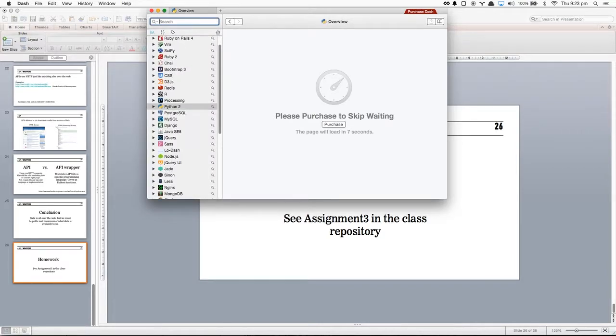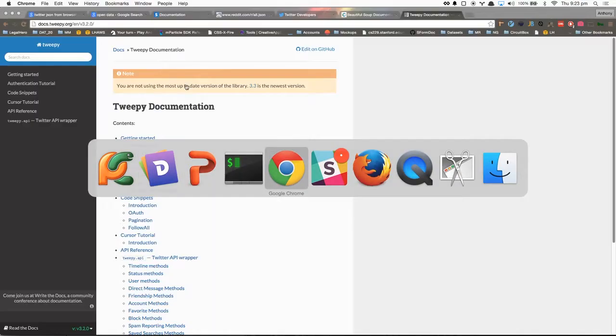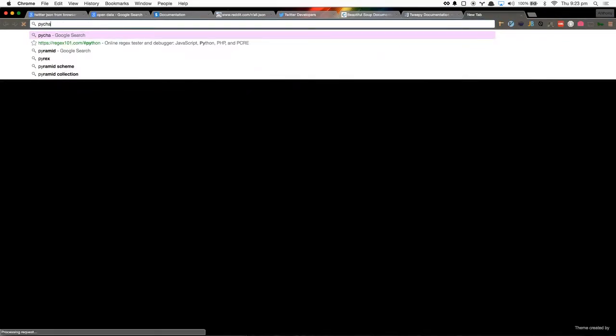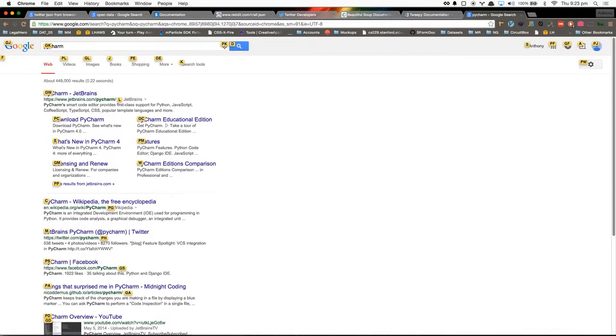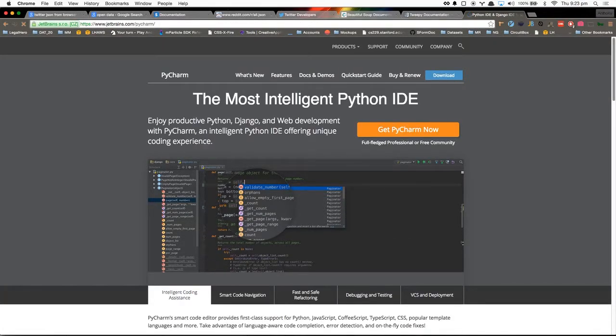Okay. And I saw you were using PyCharm. Yeah, I use PyCharm as an IDE. Would you recommend that too? I would. It's not free, I purchased this copy, but PyCharm is probably the best Python IDE out there, in my opinion. It's just powerful and it works, and I recommend it. It's a very solid IDE.